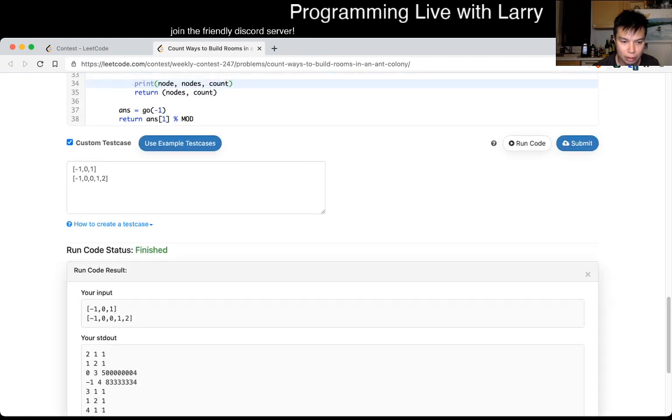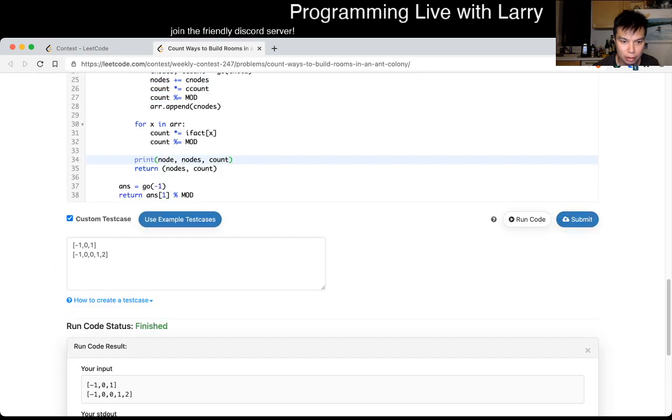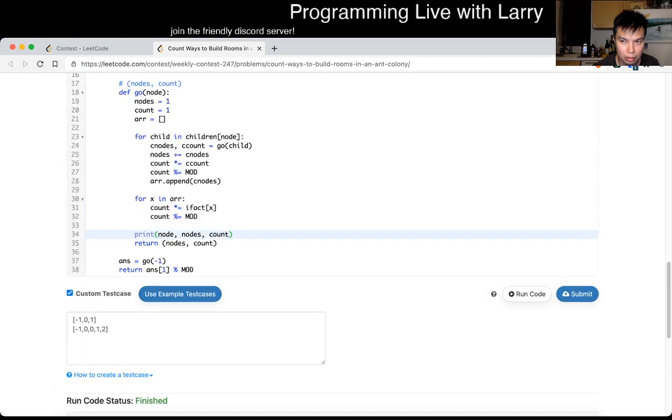So 1 has 1, 0 has 3 nodes. Do this well. No, this isn't. This is weird. Well, this is kind of right, but I have to count